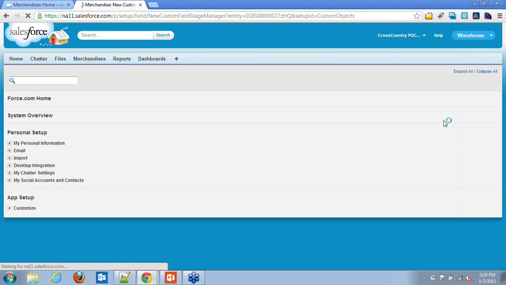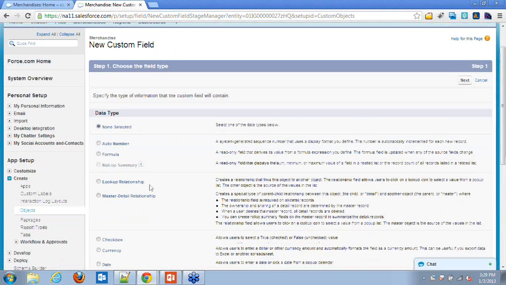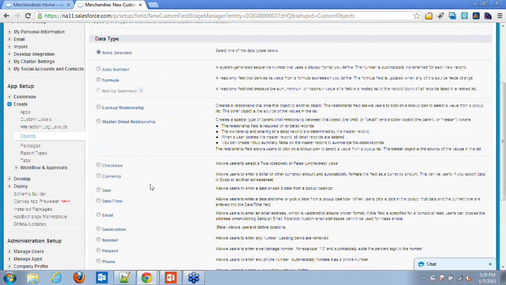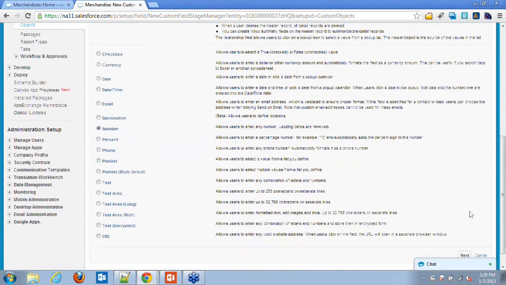And we'll create the last one as a total inventory and as a number.